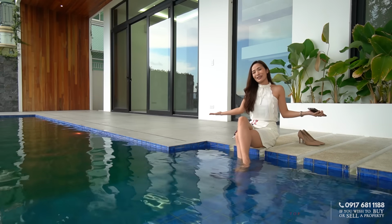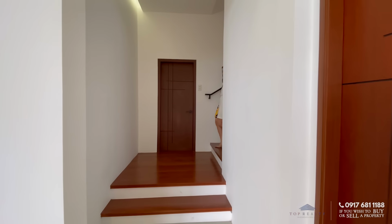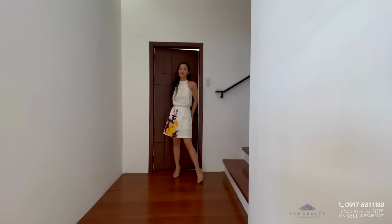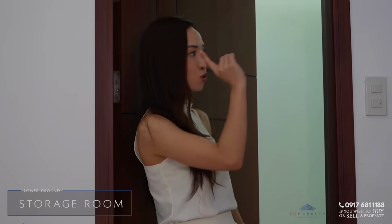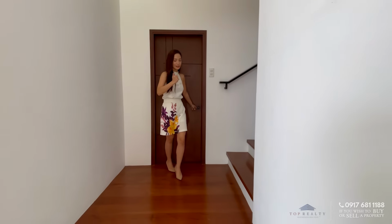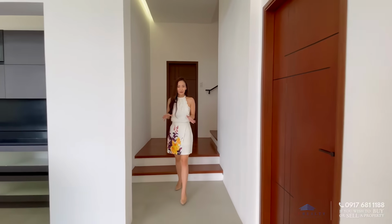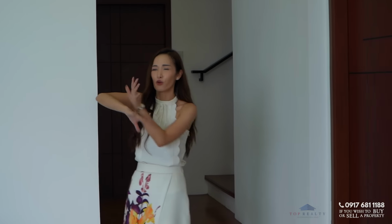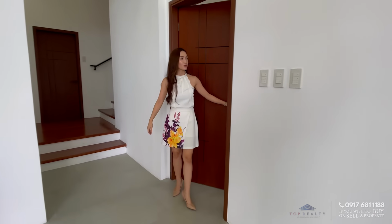Well, now it's time to go back to our tour. Okay. Alright, now over to my right hand is another storage room. This is more spacious and it goes up to the end, right? Alright, now a few steps down, we are led to where all of the fun and parties happen. Now before we head on or focus on that area, let's go through this door first because this is your